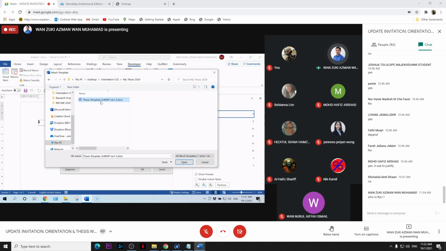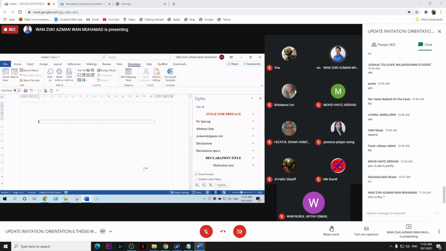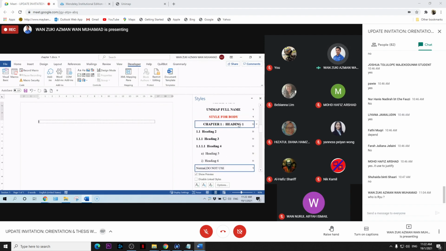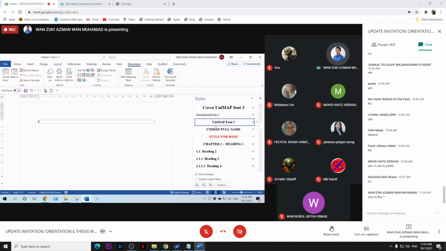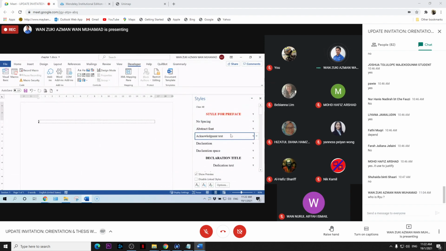You only can attach the DOTX. When you select the template, click open, tick automatically update, and then click OK. Now you see in the style pane, the normal style is replaced with the Unimat thesis style.